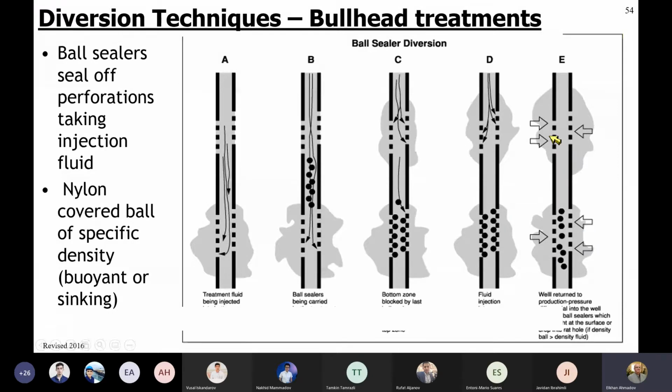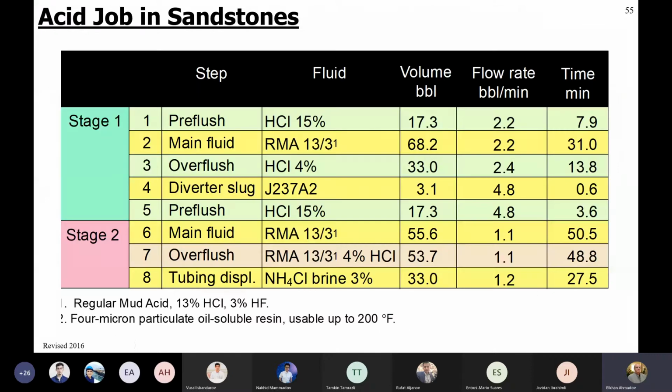And this is the typical acid job in sandstone when we do a pre-flush with HCl of 15%. Then we inject a regular mud acid with 13% hydrochloric and 3% hydrofluoric acids. And then we overflush or post-flush with the 4% HCl to clean the